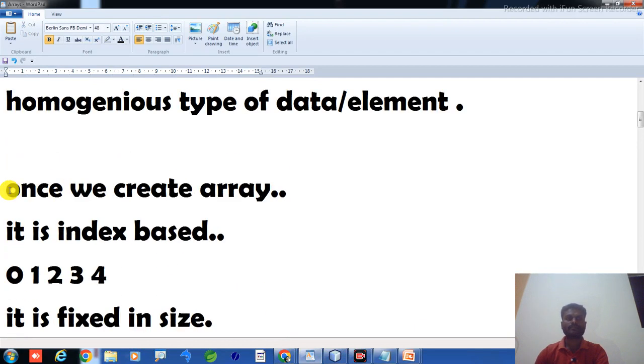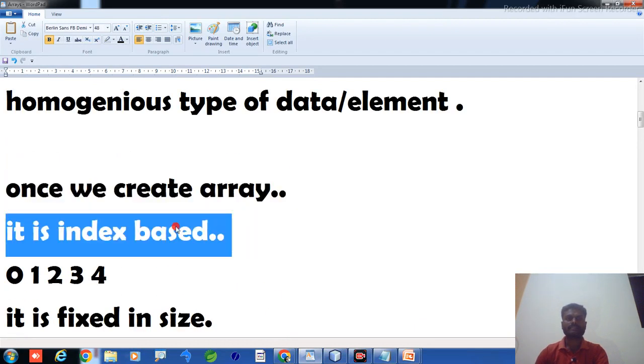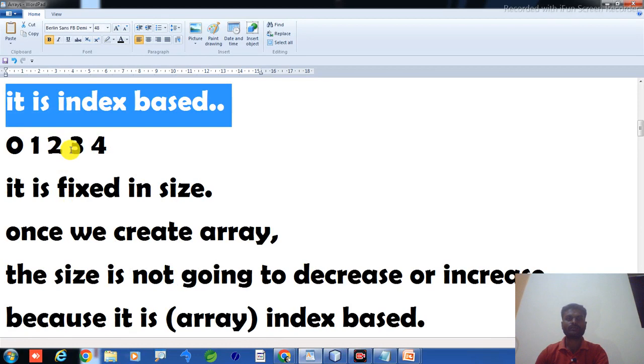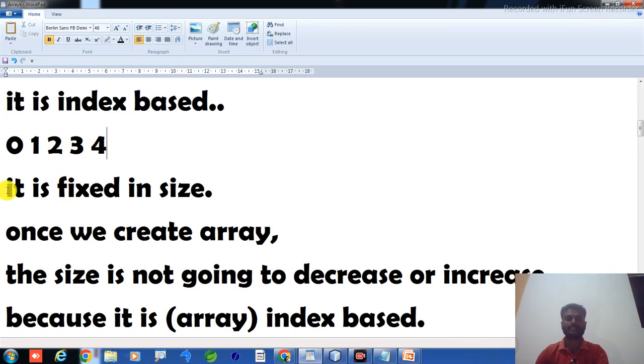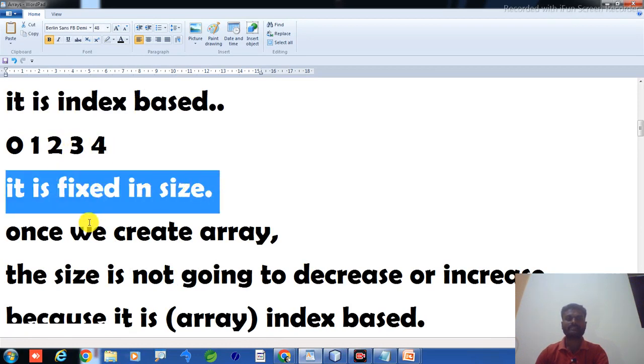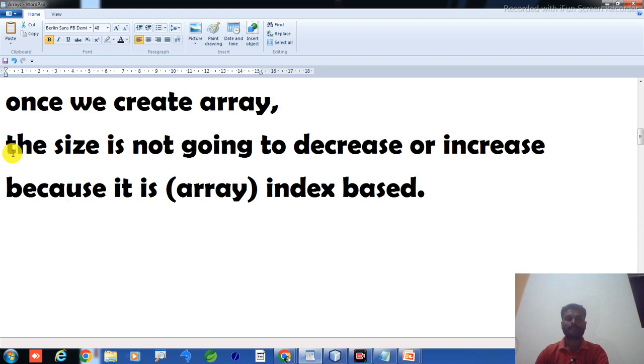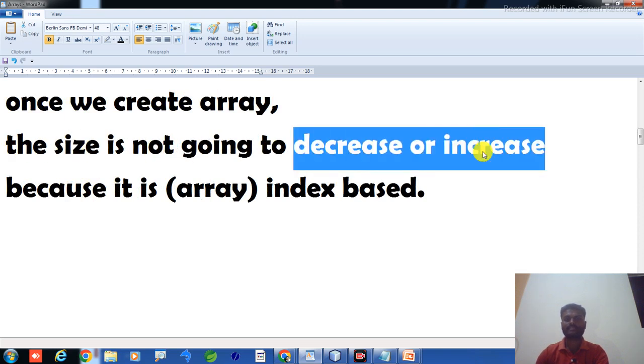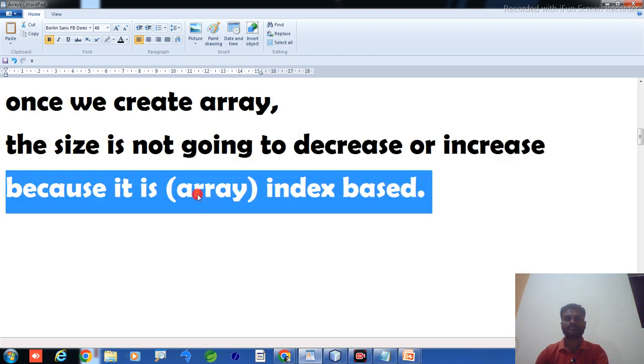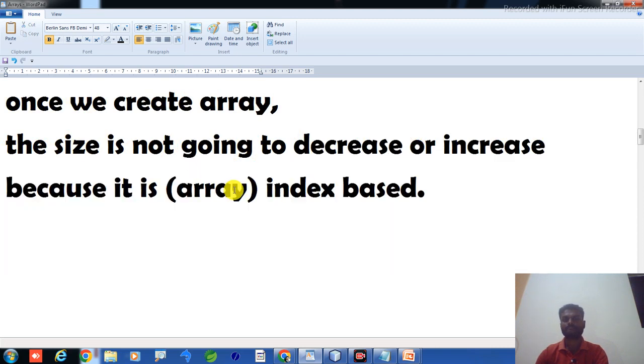Once we create an array, it is index based: 0, 1, 2, 3 is the index. It is fixed in size. Once we create an array, the size is not going to decrease or increase, because it is index based.